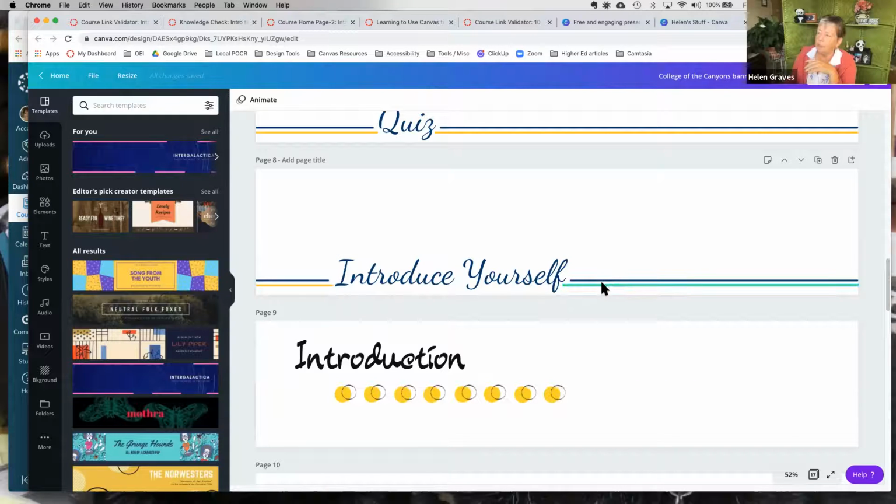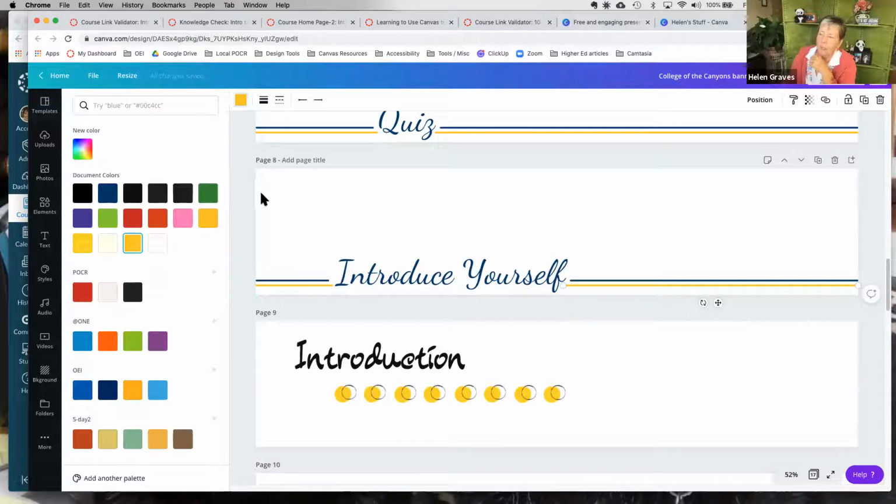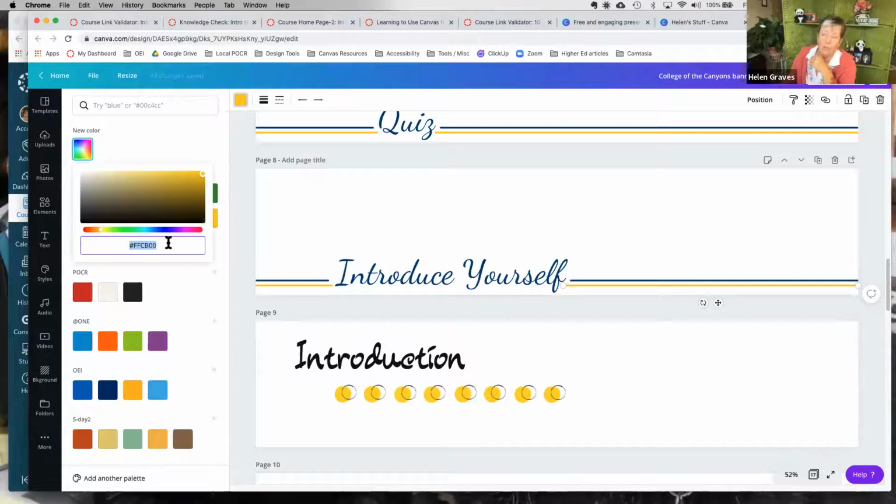I can change the colors. So let's say I didn't want this gold color, although you may have noticed this is the College of the Canyons colors, but I can come up here and change the color to something that's preset, or if I know the 6-digit code of a specific color, I can enter that in, or I can use this to find a color I like and change it that way.